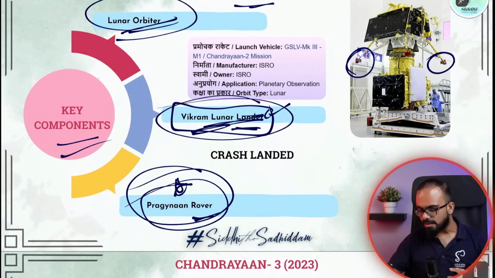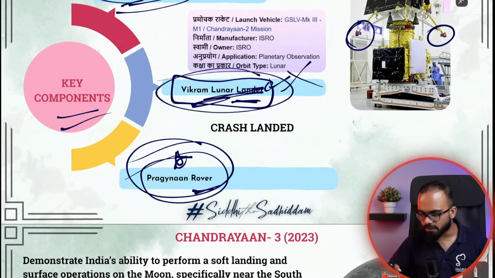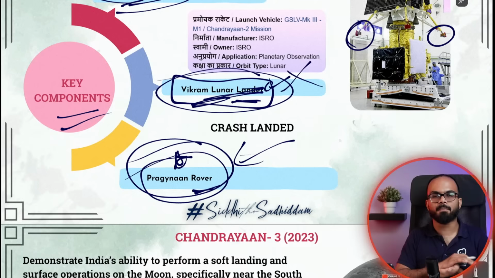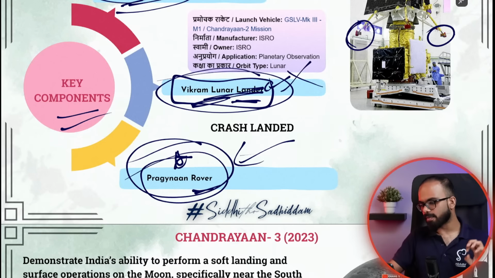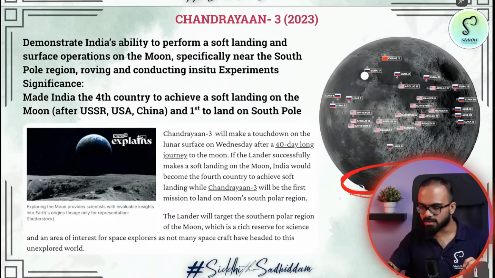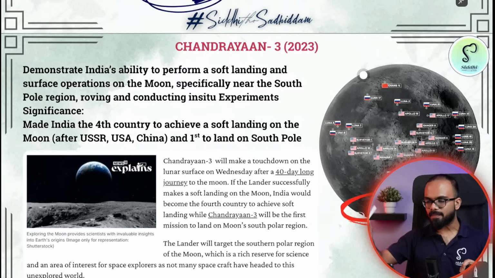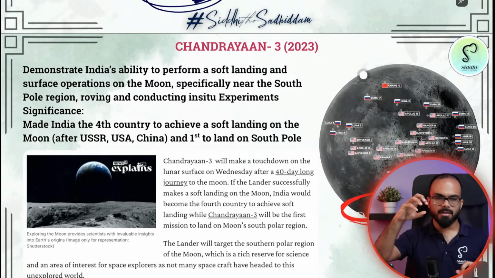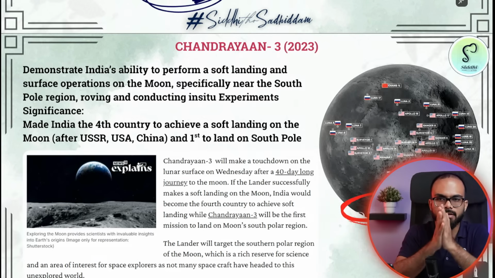But the point is, we did not land properly. It was a crash landing. So Vikram lunar lander crashed on the moon's surface and we could not deploy our rover. So Chandrayaan 2 is not successful. But I will tell you why it is not successful, what our aim and objective are. To tell that, I want you to understand that every celestial body, for example, has poles, North Pole and South Pole.